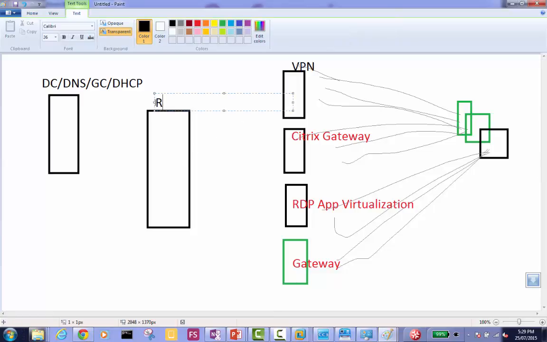This is the RRAS server, and the purpose of the RRAS server is again AAA: authentication, authorization, and auditing. This is what RRAS is doing, which means it's organizing all this traffic on behalf of the domain controller.